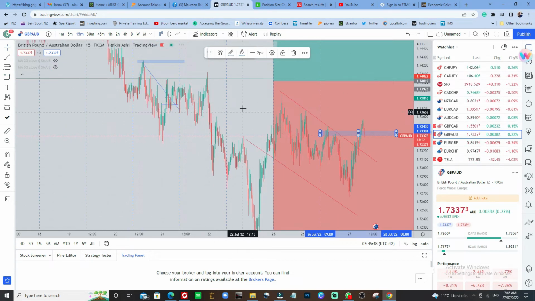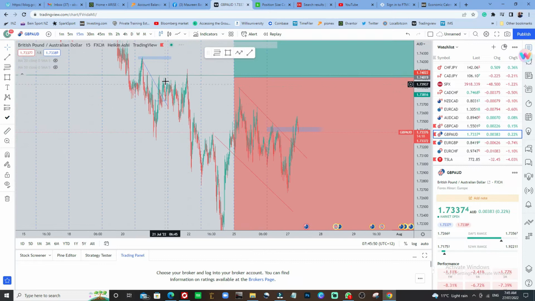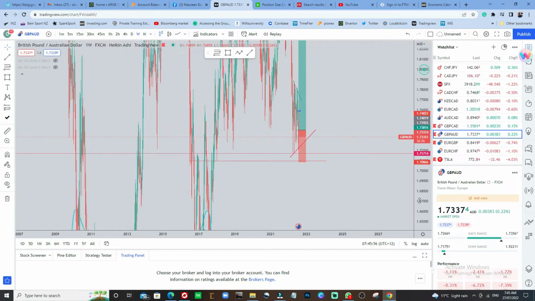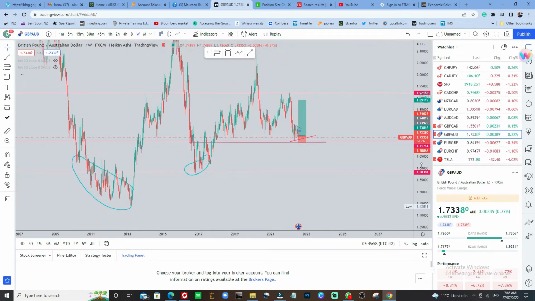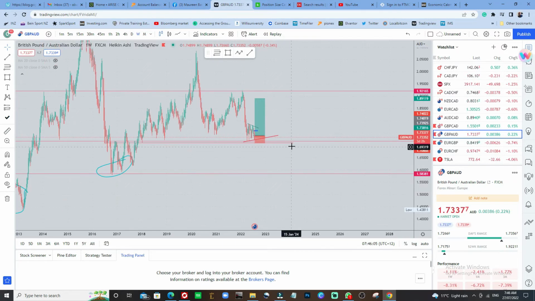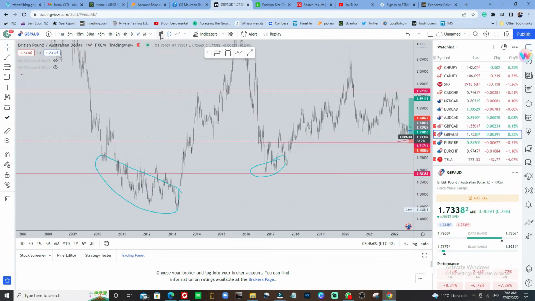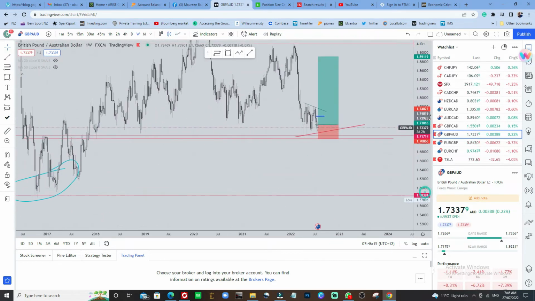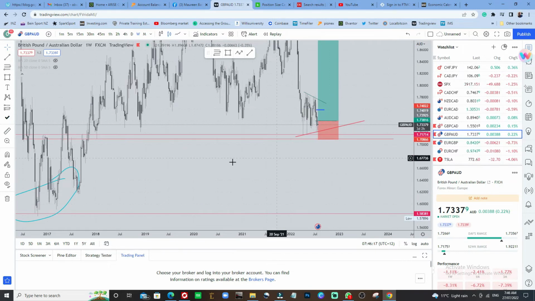I've been holding this thing for over 4 days now, and I think I'm going to be in profit, because if you zoom to a weekly time frame, you see the reason why I entered this particular trade. And I mentioned before that each time the market is around this area, there is always a rejection. There's always a weak rejection. In fact, if I put it on the white and black, this thing, you can see it's about to push to the upside.